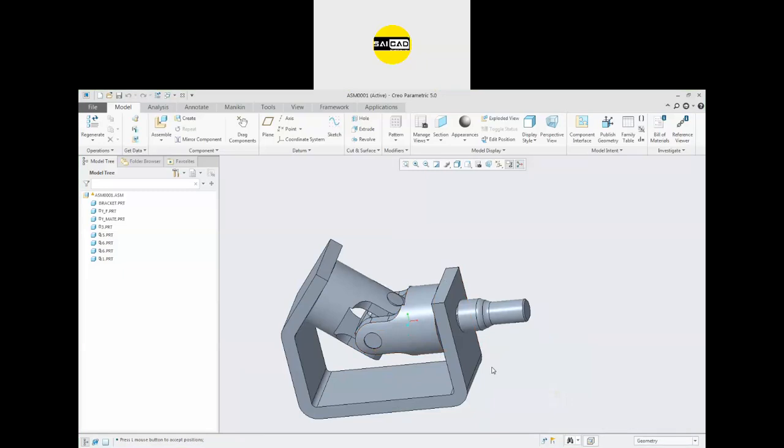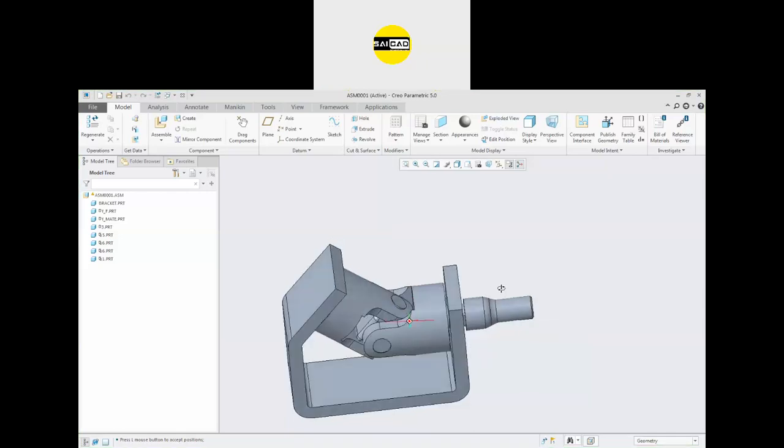No, there is no concentric command, because in there, if you select two surfaces, it is selecting its axis, and both the axes are being coincident. Okay, the coincident option is being applied on both axes. There is no concentric, there is no need for the concentric. Okay, it is similar.